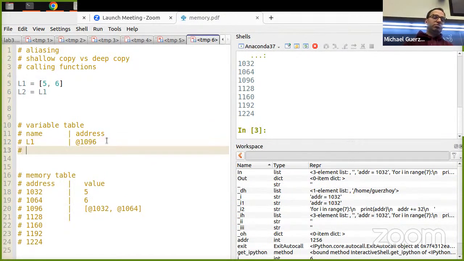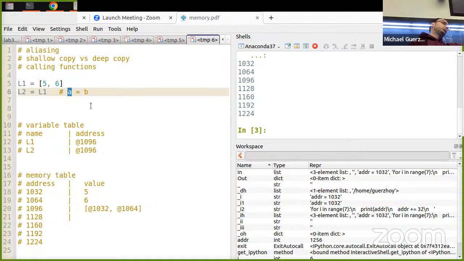I'm saying L2, whatever it used to be, I'm just taking this and copying it over here. That's always what happens when you say something like L2 equals L1. It doesn't matter if it's L, right? If you say A is equal to B, that's exactly the same always. You're taking the address that corresponds to B and you're copying it to the address that would correspond to A.